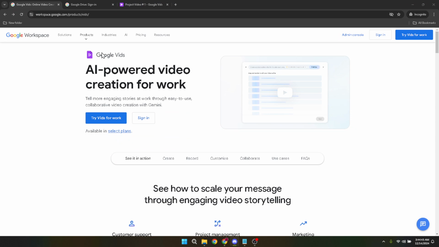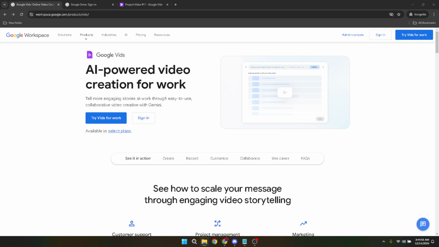The first thing you're going to do is navigate to Google Vids. Google Vids is part of the Google Workspace, and it's a fantastic tool for creating and editing videos online. Whether you're on a PC or Mac, just open your favorite web browser and type in the URL or search for Google Vids. Once you're on the page, you'll see a button that beckons for a click. Sign in. Go ahead and click on that. It's the gateway to all your creative endeavors on this platform.